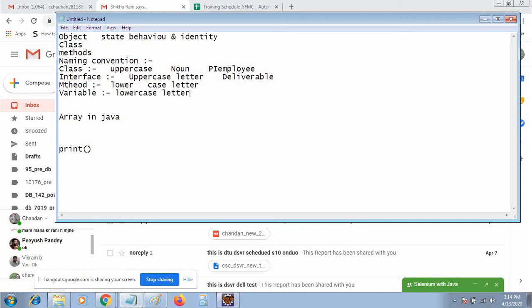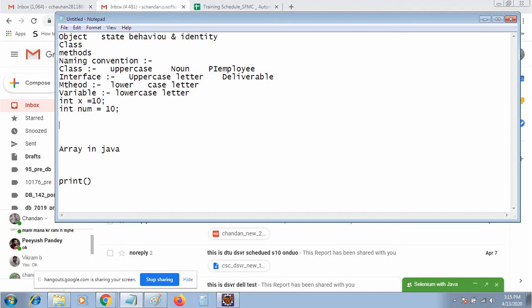Also, it's not a good idea to create a variable with a single character. In general practice we create variables like int x is equal to 10, but it's not a professional or recommended way. Give a proper name to your variable, like int num is equal to 10. That is meaningful and recommended.